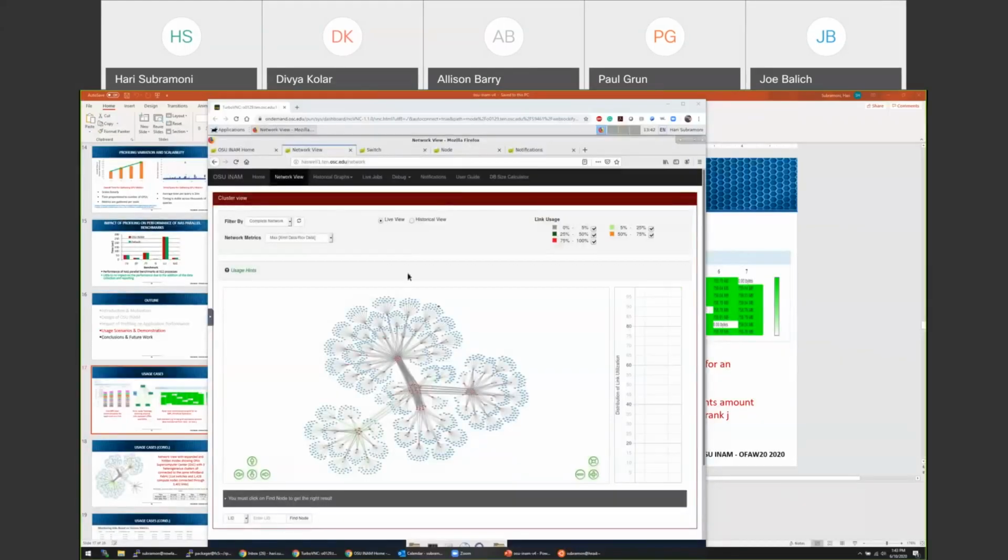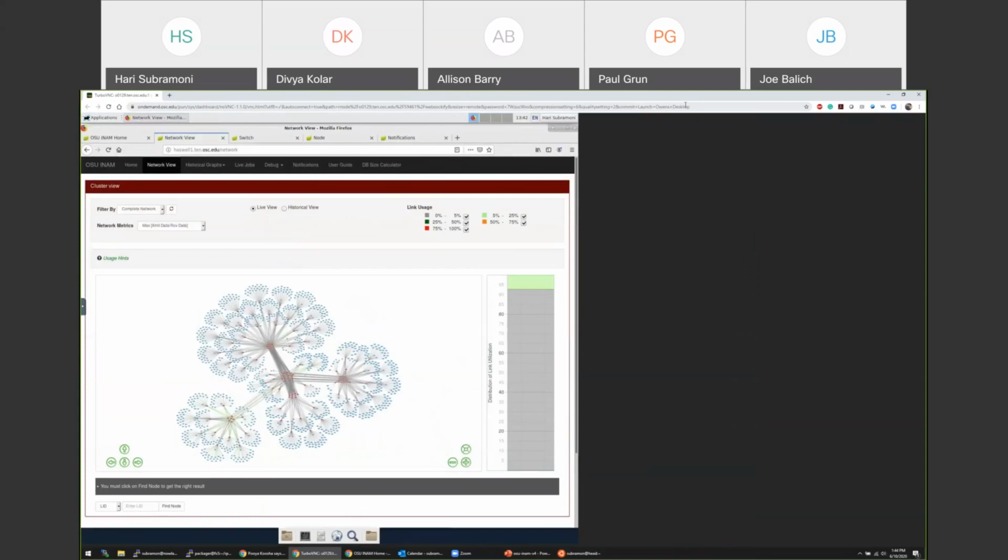Okay, so this is OSU INAM currently running on the OSC cluster. This is close to 2,000 nodes. As you can see, this is a visualization of 3 different HPC systems that the Ohio Supercomputer Center has: the Pitzer system, the Ruby system, the Owen system, and a small IO cluster, which are all connected to one large InfiniBand fabric. So this is what you are visualizing here. Let me change it to full screen.